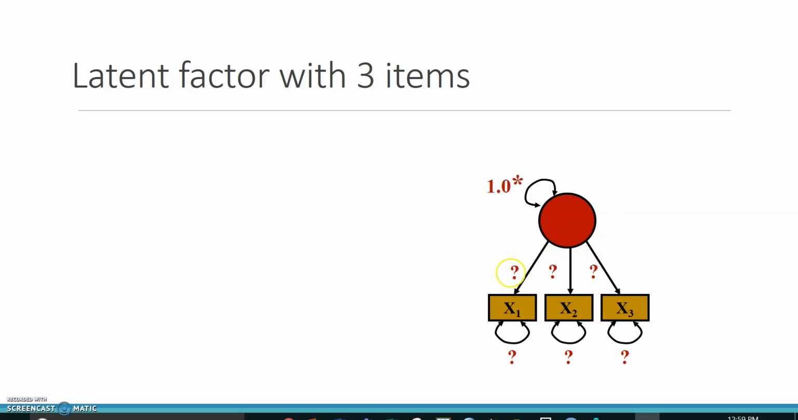We are actually estimating a lot of different things in this very simple model. We're estimating the loading for item 1 onto the latent factor, item 2, item 3. So what is the relationship between each one of these? How much are they contributing to this whole? We're also measuring the error terms on each one of these, as well as the error term up here. This gets confusing